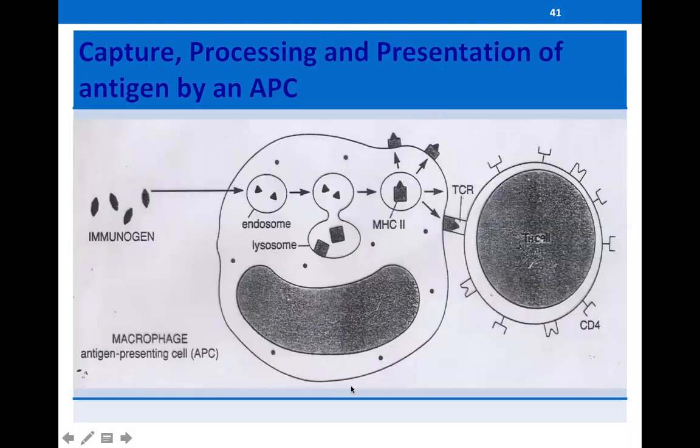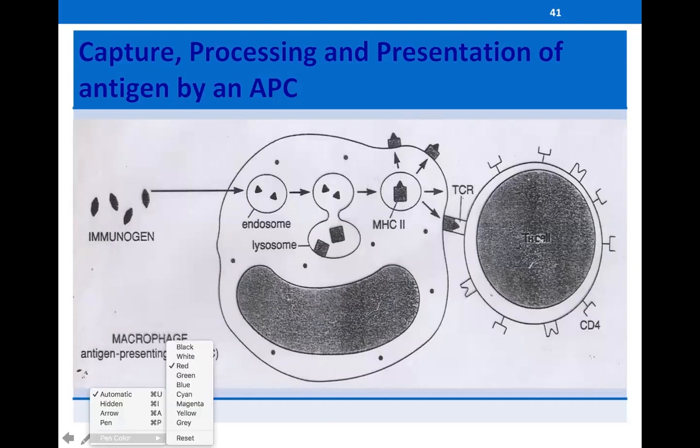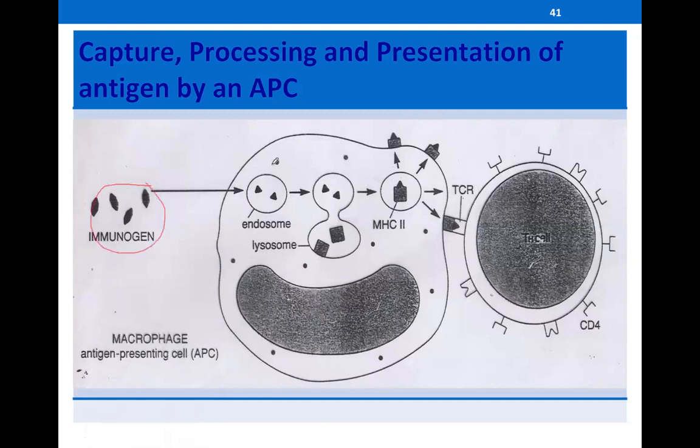Okay. All right, this is just an illustration of the capture, processing, and presentation of an antigen by an antigen presenting cell. So this one is the immunogen. This is your macrophage or an antigen presenting cell. Once engulfed, they would produce this endosomal, lysosomal function. They engulf, they lyse, and then they will be producing MHC2. MHC2 is major histocompatibility complex 2, and that one will be